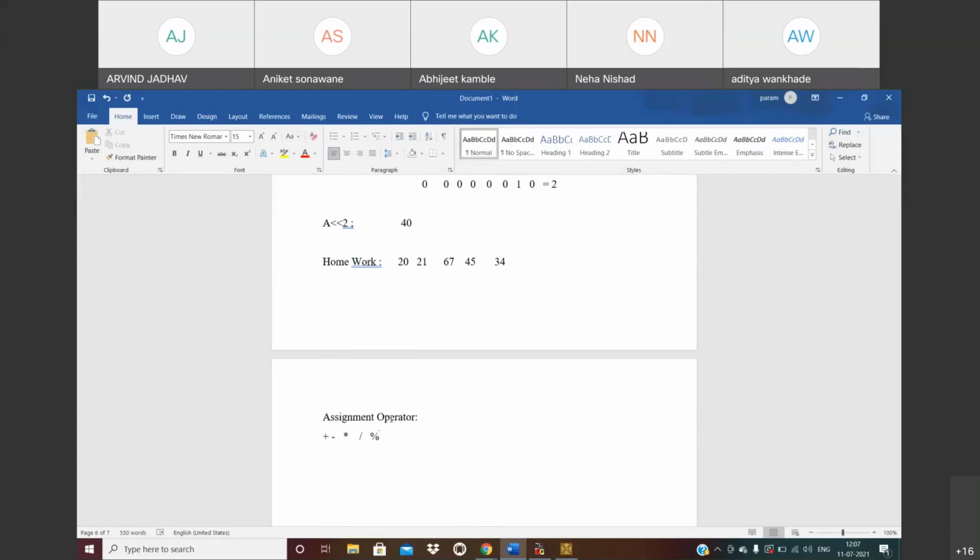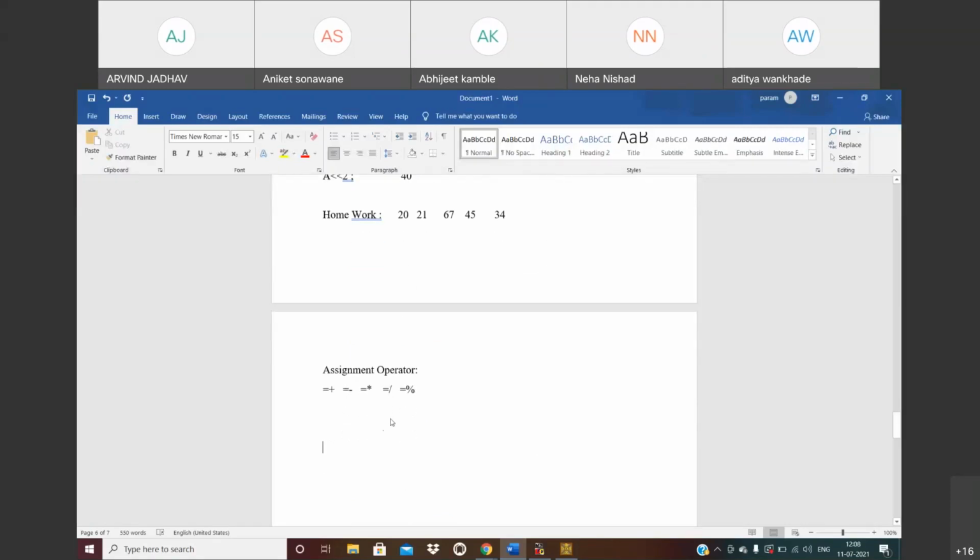Just as in the arithmetic operators, similarly in the assignment operator, we just need to use the equals to symbol before the operator. That term is called an assignment operator. So these are the assignment operators. Let's discuss how these work.